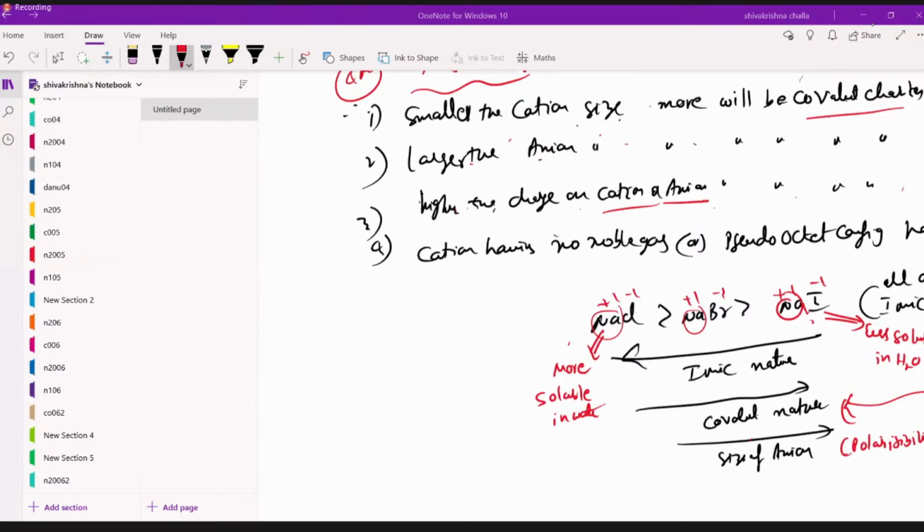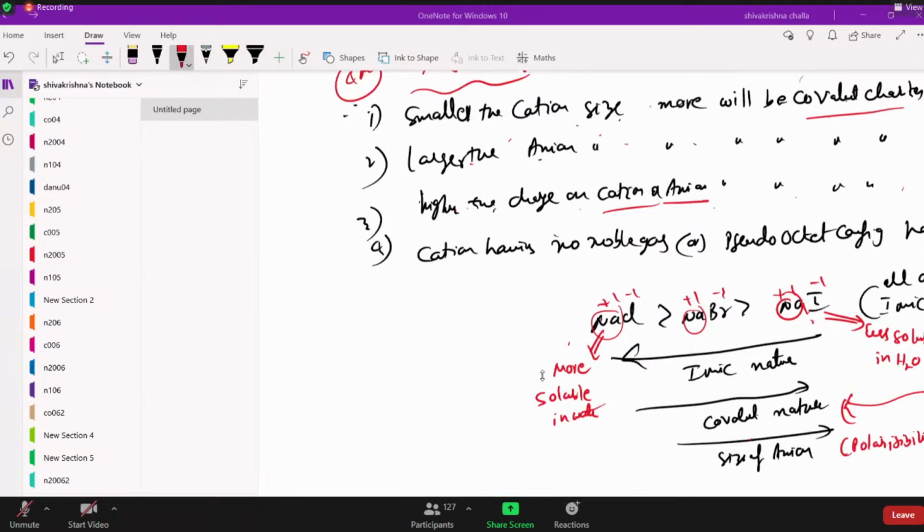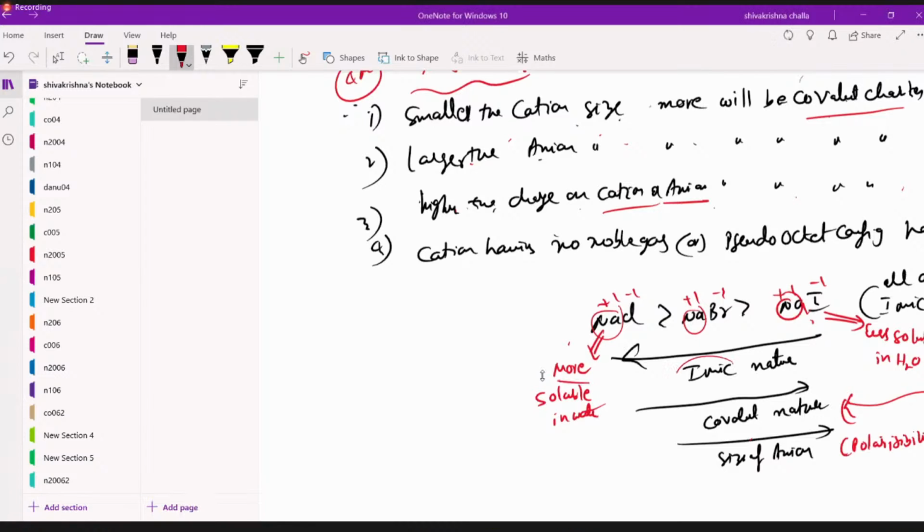While I am writing solubilities, conduction, melting points and boiling points, exceptions arise. Those exceptions can be known only by polarizability and polarizing power. Okay? Chandra Sai: Sir, why are they more soluble in water, sir? NaCl, why? Ionic nature. Ionic compounds are polar, and polar is soluble in polar.